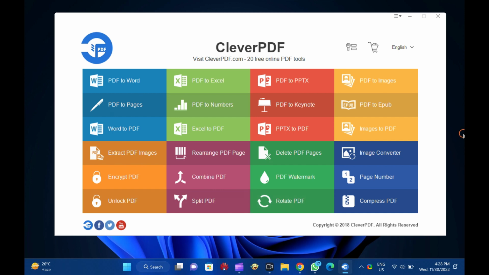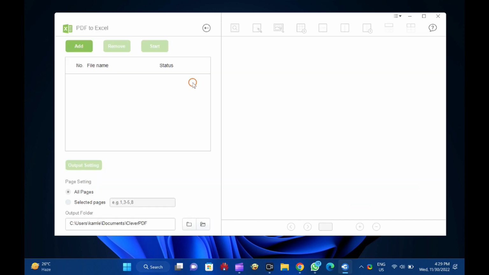Although there are several online tools for free, if you have some sensitive data, you might not want to upload it online. Here, Clever PDF plays a handy role. It is popular software that includes 24 PDF tools. You need to download and install it on your PC and convert your document to the desired format. Although Clever PDF is free to use, in the free version, there are a few limitations. For example, the PDF to Excel tool is limited to 3 pages in the free version of Clever PDF.